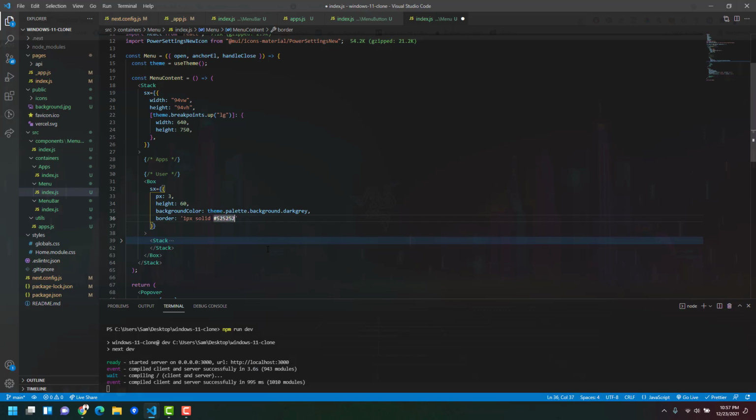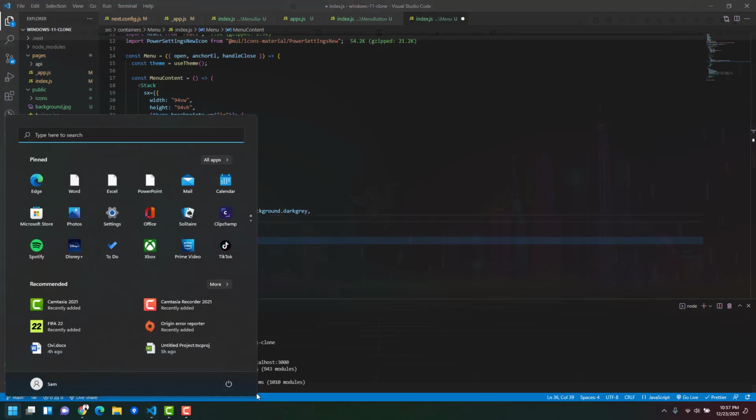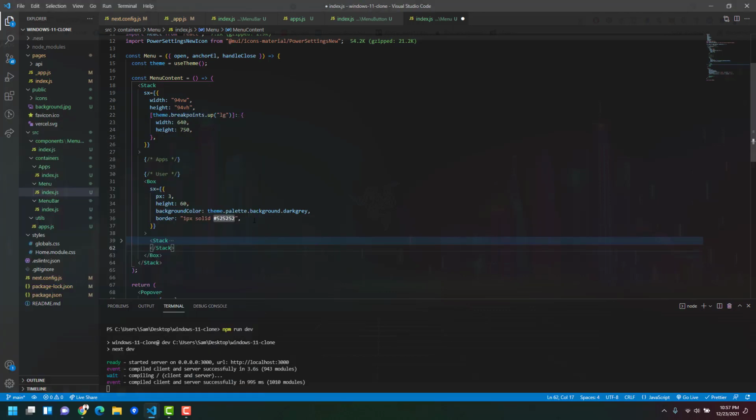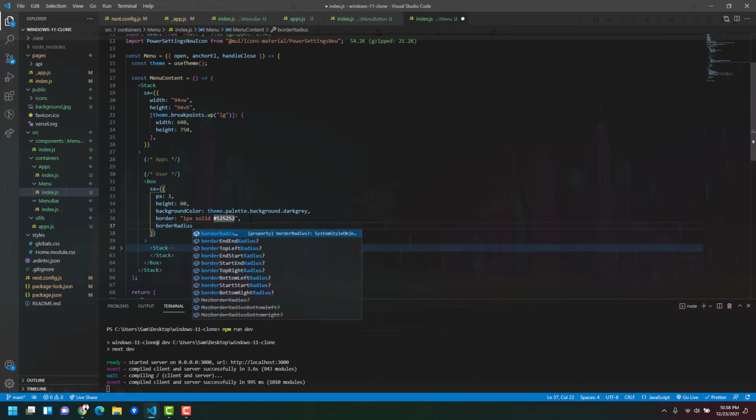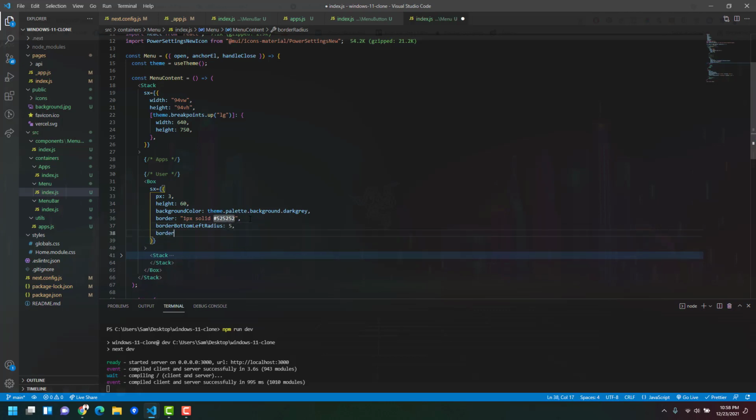525252, which is that color, and then we're gonna have to give it a border radius of the bottom left and right. Okay, so border radius, wait, so bottom border right radius, bottom left of 5, and the same thing for the right, so border